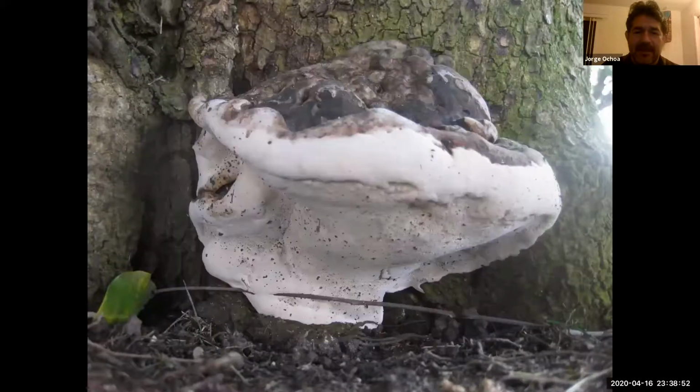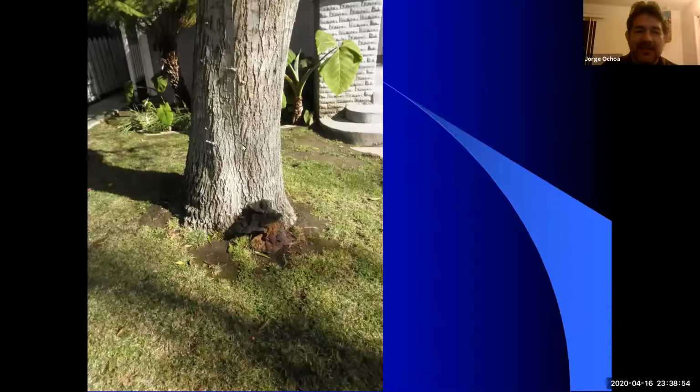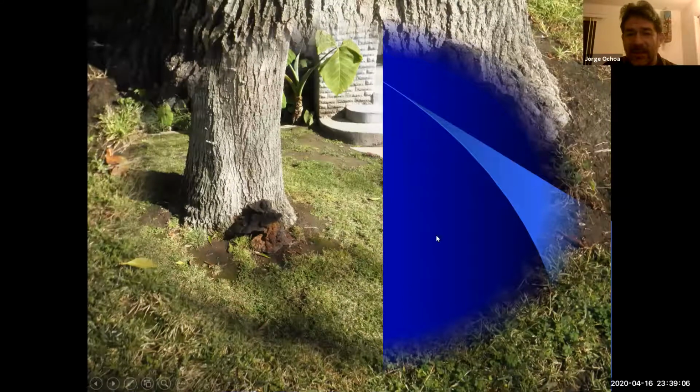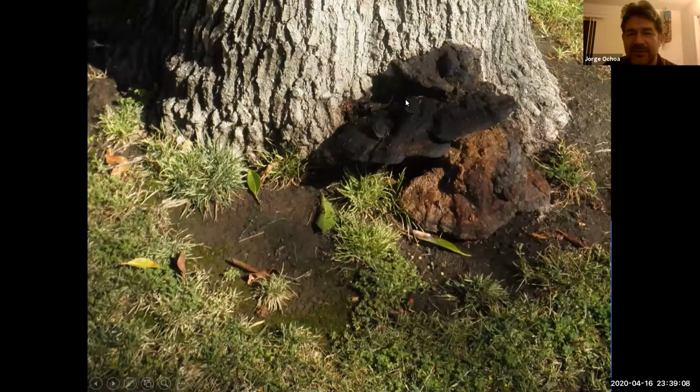Here's that. And so here's an ash tree that I happened to find. The tree looked good, the stem looks intact, but underneath it's telling me something different. Underneath, at the base, we see conchs that have been there for a while. They got wet recently, and that's why they look kind of moldy. But I can definitely say that this tree has been slowly rotting, with the fungi eating the dead wood.